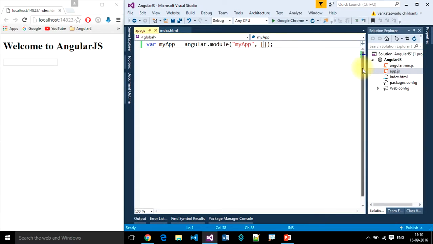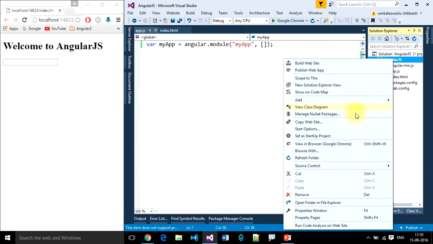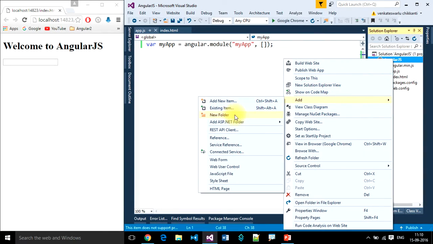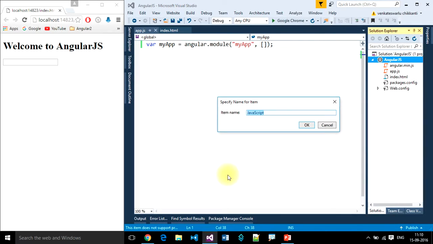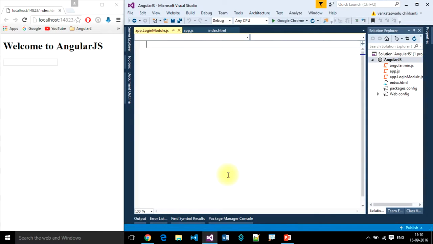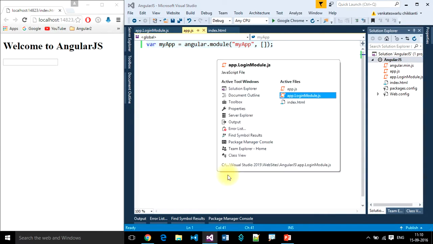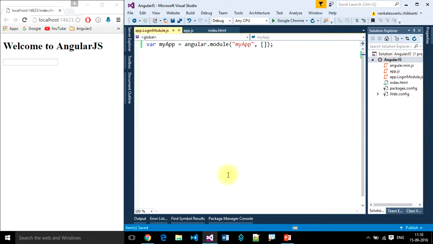Let me create another module, a JavaScript file, app.login.module.js.